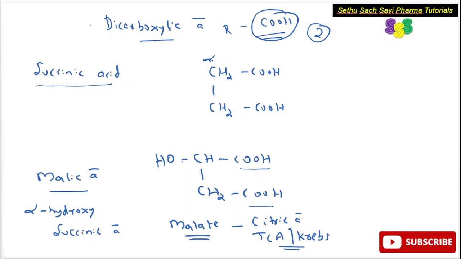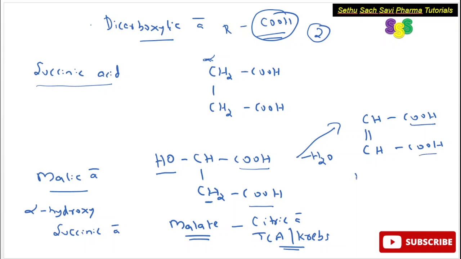Now in this malic acid, if I remove this OH from this carbon and one hydrogen atom from this carbon, that will be removed as a water molecule. The structure would look like this. There will be a formation of a double bond between those carbons, and it would become like this. So I have just removed OH and hydrogen from here, and it is removed as a water molecule. The compound would become like this, and this compound is also a dicarboxylic acid compound, and this is called